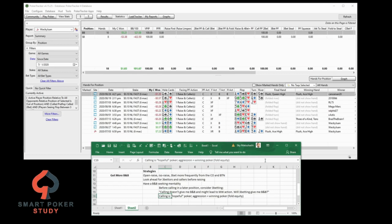Remember what calling is. Calling is hopeful poker. You're hoping to hit something on the flop, hoping to hit a flush, hit a straight, hit a set, hitting 2-pair, whatever it might be. Aggression is winning poker. It's because when you're the 2-better, when you're the 3-better, you have a little bit of fold equity on your side. Sure, they might call and you go to the flop in a bread and butter spot, and now you play post-flop against your opponent. But they could also just fold and award you the pot then and there,